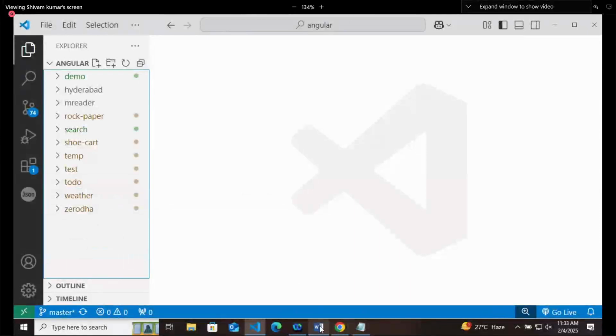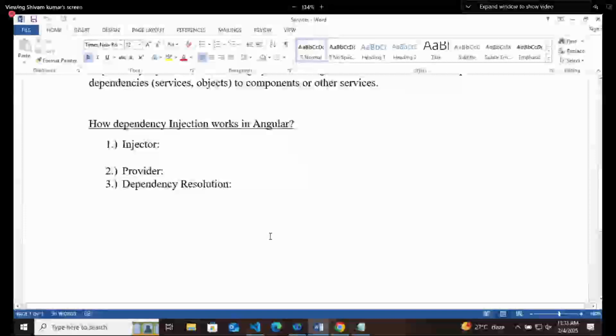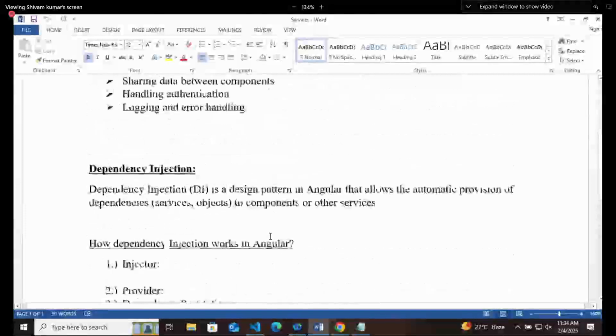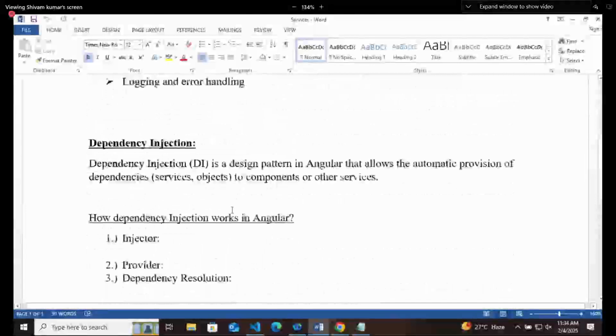Now let's talk about this particular part of dependency injection. So yesterday we have seen that it's a design pattern in Angular that allows